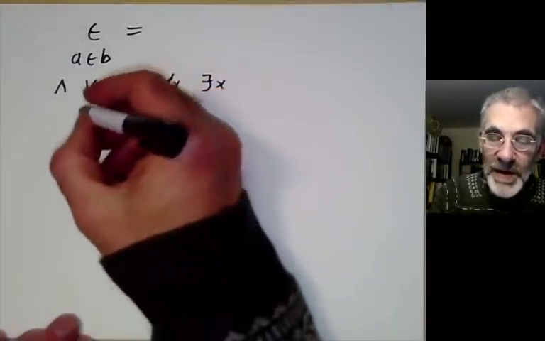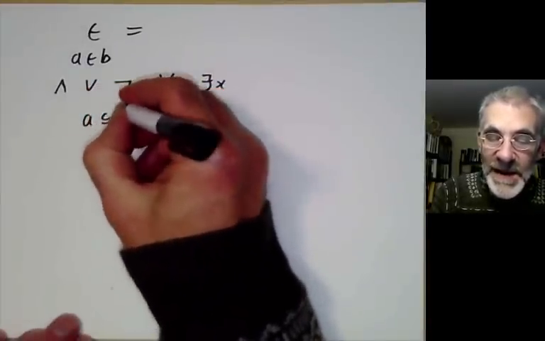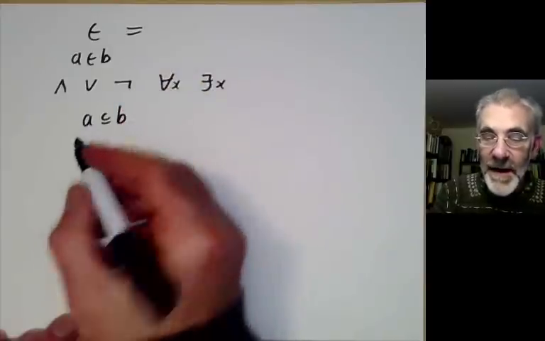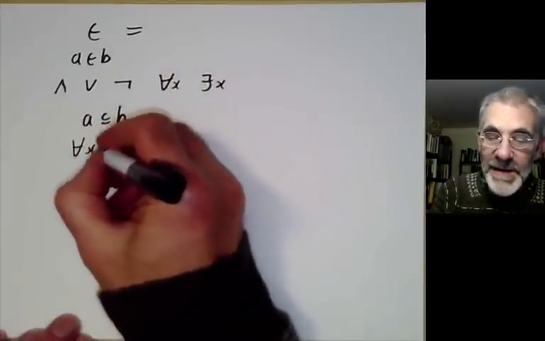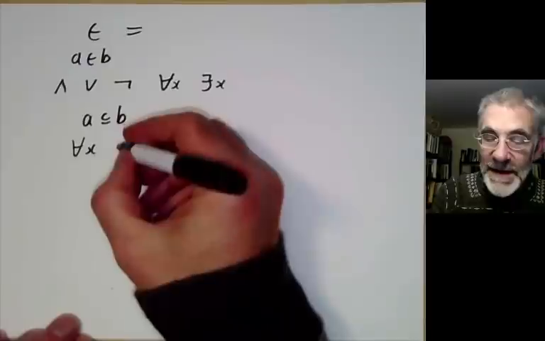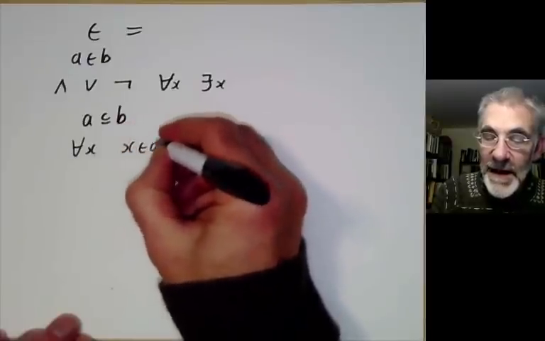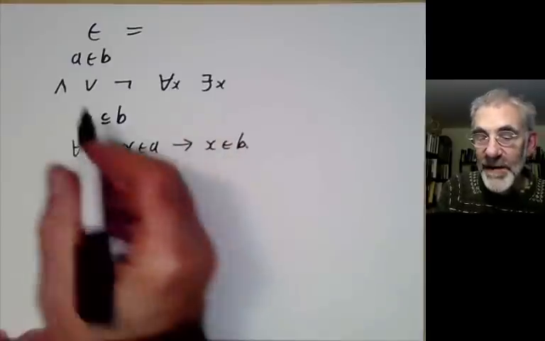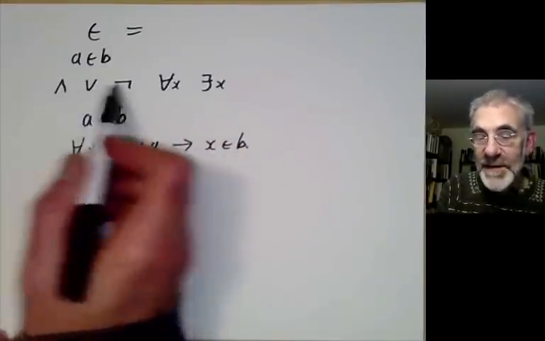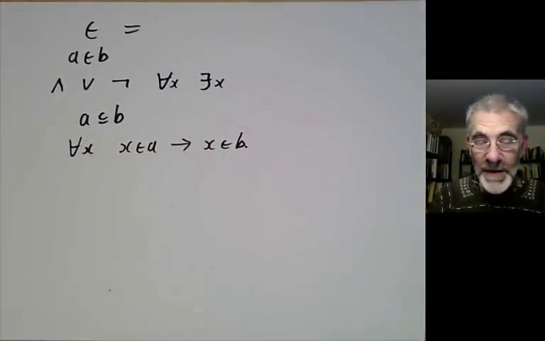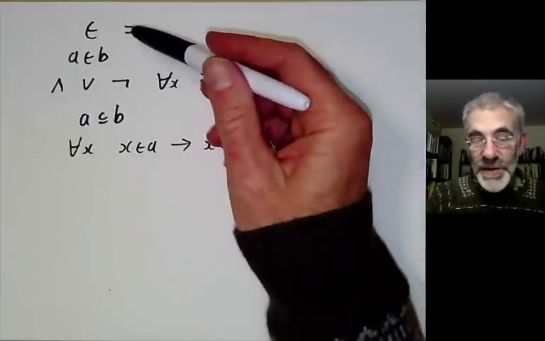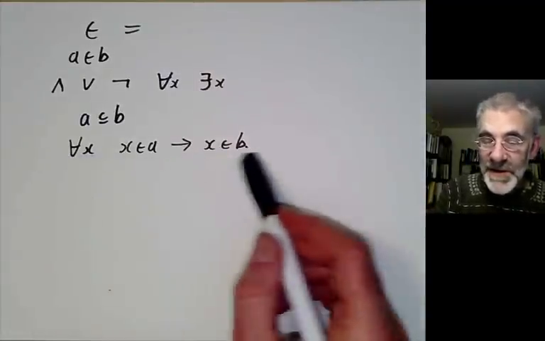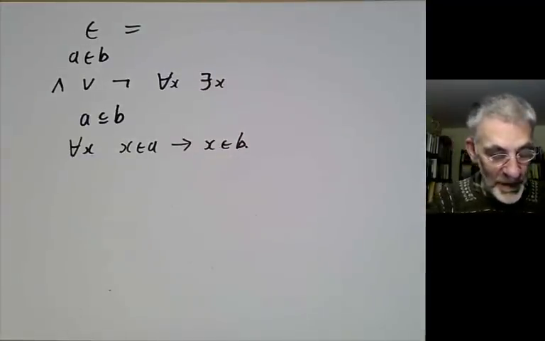So for example, if I want to say A is a subset of B, usually denoted by that, that means for all x, for all sets x, x is in A implies x is in B, where implies can of course be formed out of the symbols and, or, and not. So one thing we ought to do is convert all the axioms into this precise first order logic version.